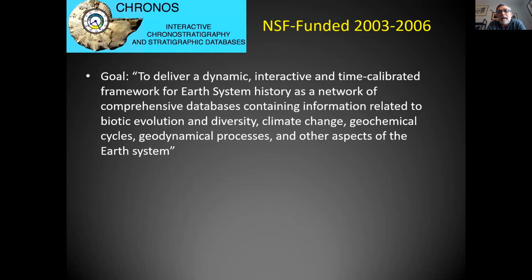Back in the early 2000s, National Science Foundation had a big geoinformatics push, and they funded Chronos, which was funded from 2003 to 2006. Originally, this was supposed to be a 5-year grant, but it did not get renewed after 3 years, and so a lot didn't get built. The original goal was written there